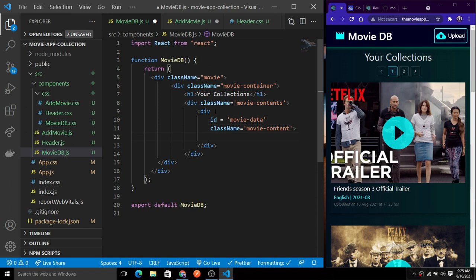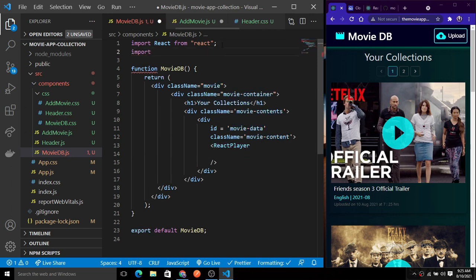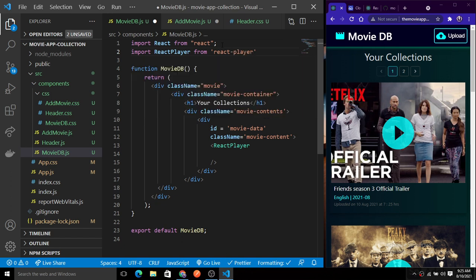and then here inside of this div we are using the React player. So basically give the React player, and you just need to import it. I have already mentioned to install the dependencies initially. So if you have not, just rewind and you can simply get the dependencies list of what we have already installed. So we have installed the React player. So React player from React player, and if you are specifically using YouTube, you can simply add the YouTube library too, but I'm just using the React player. Any of the links will run here, so there will be no issue with that.